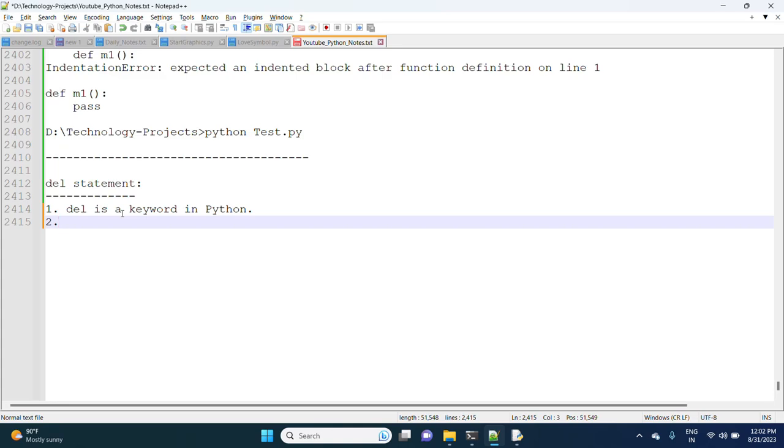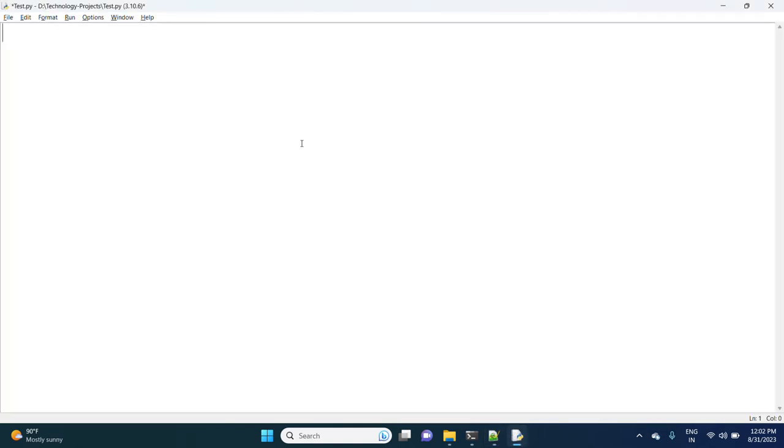First, let me explain the practical, then I will write the theory. Suppose I take a equal to 10 and print the value of a.